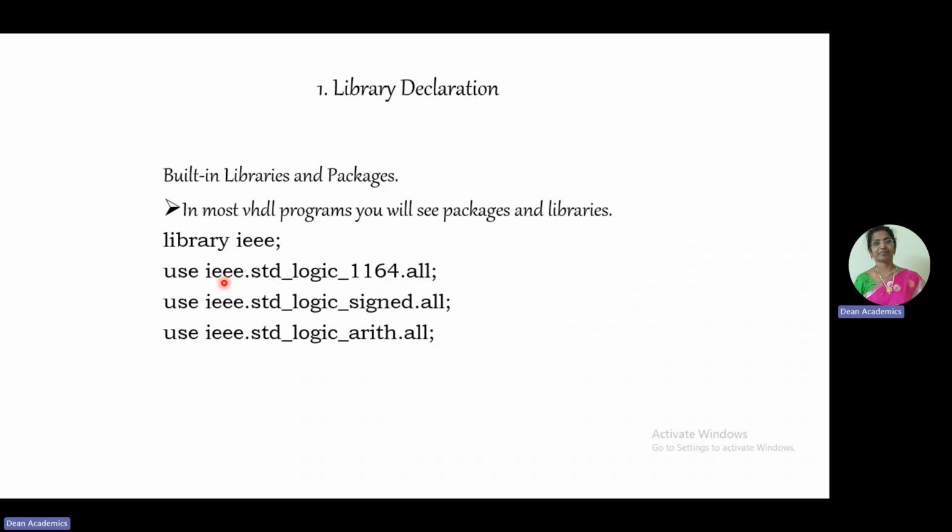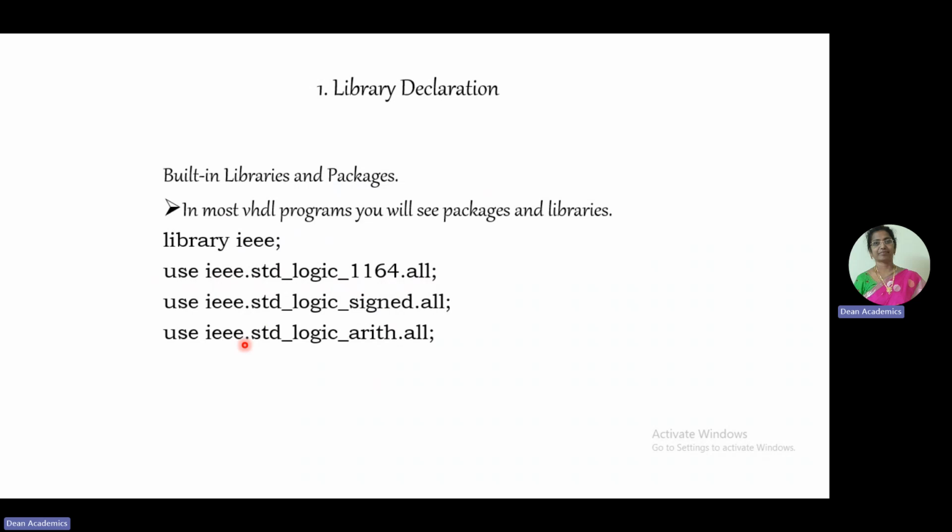That means in the IEEE library, there is a package. In this package, there are some definitions. So we are going to use all these definitions in our program. So in library declaration, we have to write library IEEE and then use the package. That is, use IEEE dot standard logic 1164 dot all definitions, or use IEEE standard logic arithmetic dot all. Like that, so many packages are there